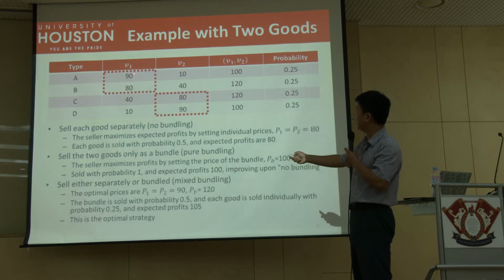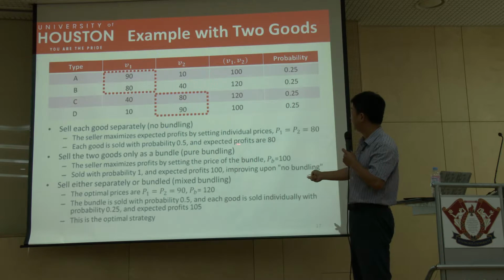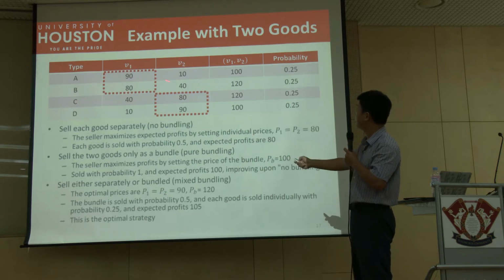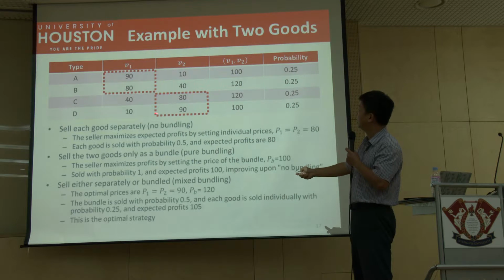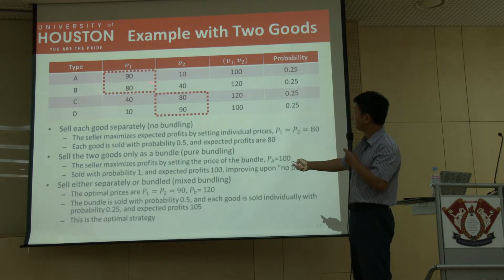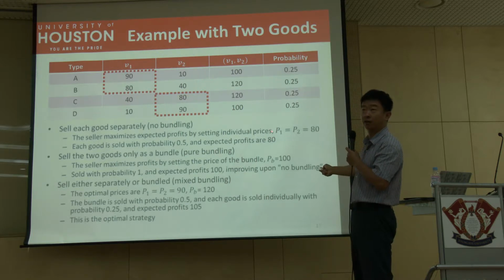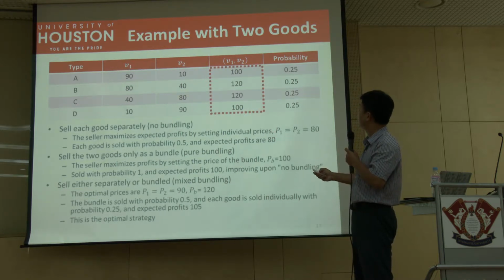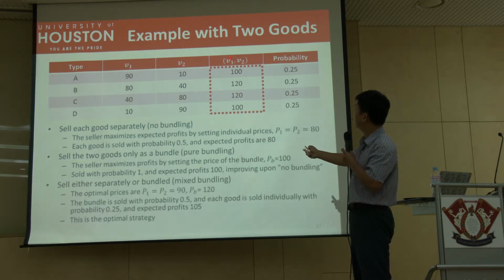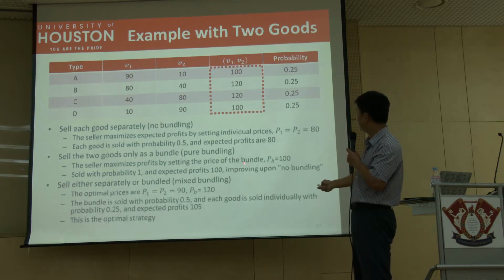If we sell separately, in this case we set the price of V1 and V2 at 80, so that A and B will buy V1, C and D will buy V2, and the average profit is 80, because everybody is 25%. On the other hand, let's talk about the bundle. Suppose this is their value for buying together. If I sell at 100, then everybody will buy, so the average profit is